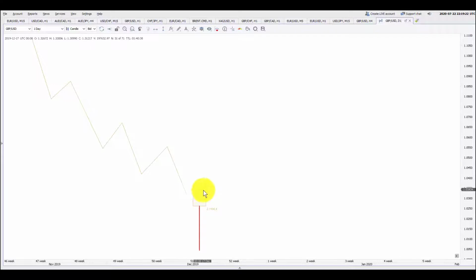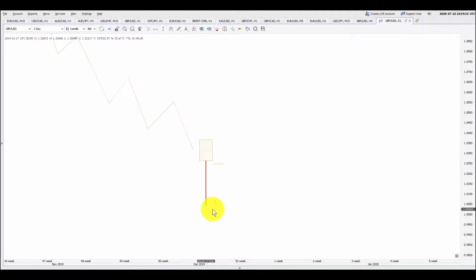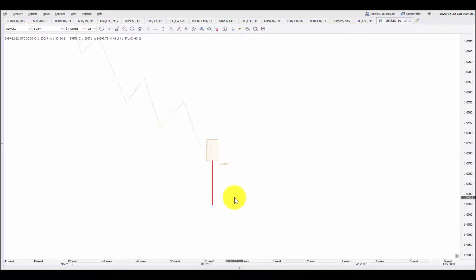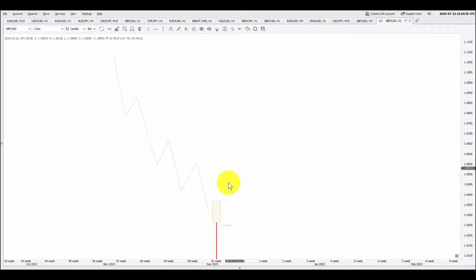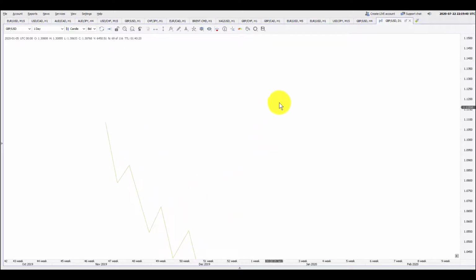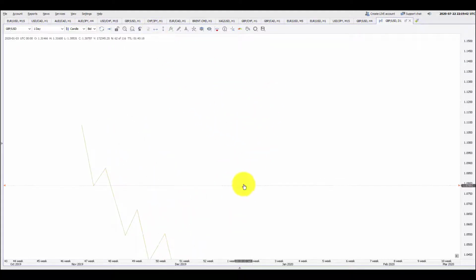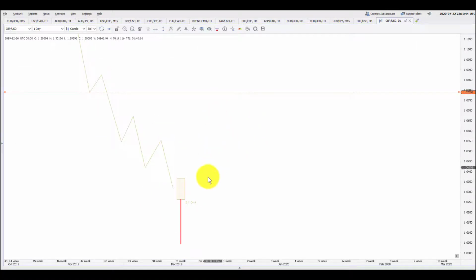So what we will do is we'll keep a buy stop order above the high of this candle, above the high of this bullish pin bar, and we'll keep a stop loss below this. And of course we will take this trade only if we see that there is a probability of the price going above in this direction, where the resistance is so far that the stop loss should be 1/3 of the total price projection.